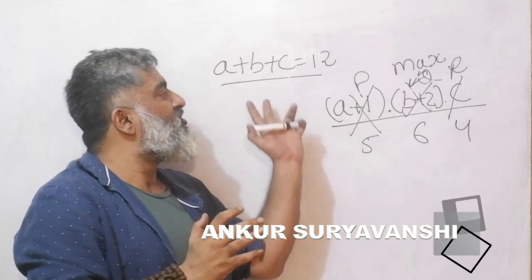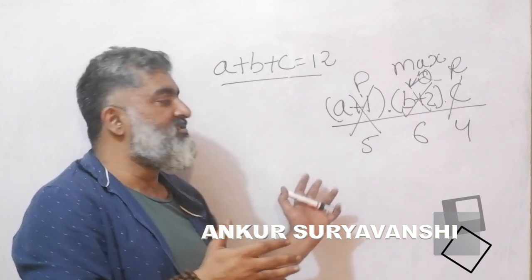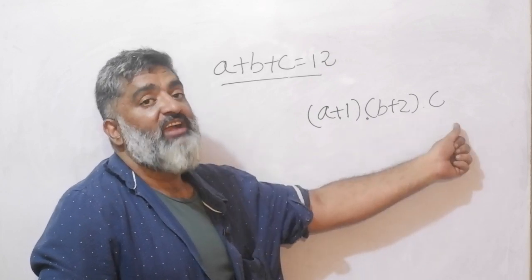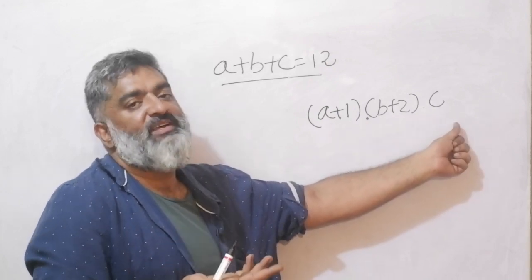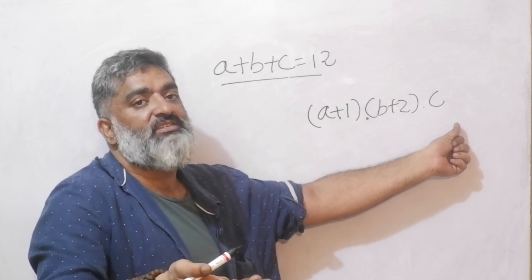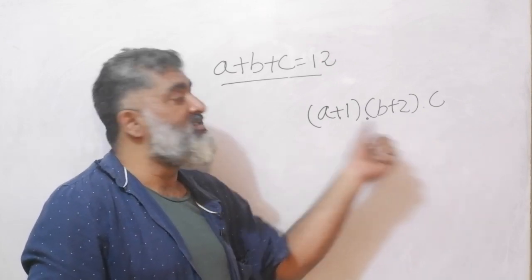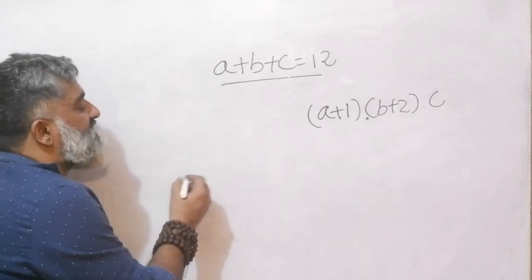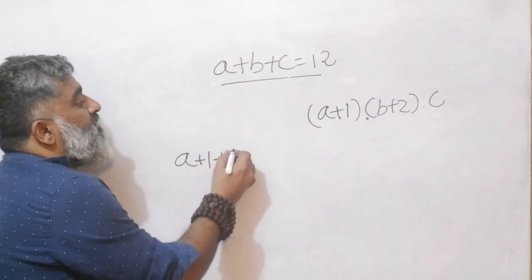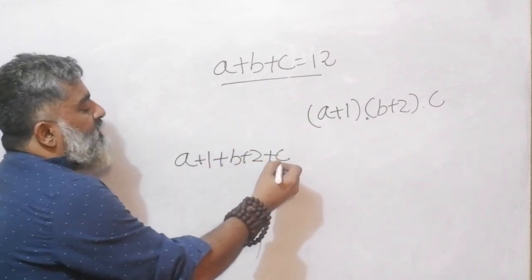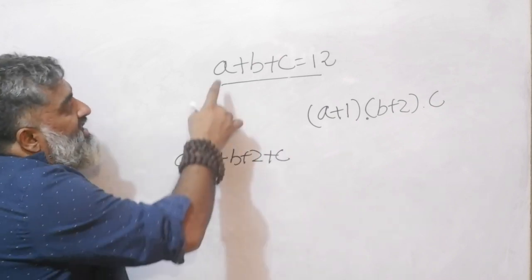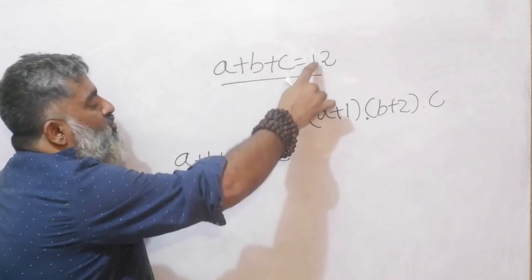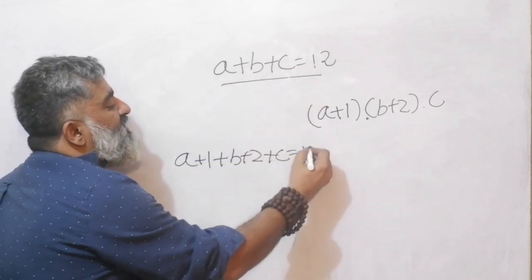We learned the concept and then according to the story we tried playing with the symbols, right? So if I'm thinking of this product and these are my variables, that means my sum story, because my story said when the sum of the variables is constant, I should be using these variables A plus 1, comma B plus 2, comma C on the other side as well. That means the sum that I am looking for is A plus 1 plus B plus 2 plus C. This seems like a new step, but remember I already have A plus B plus C. A plus B plus C I know is 12. 12 plus 3, the total is going to be 15.